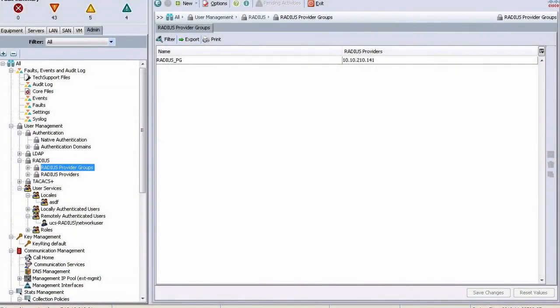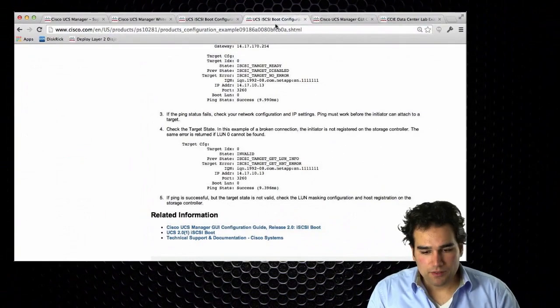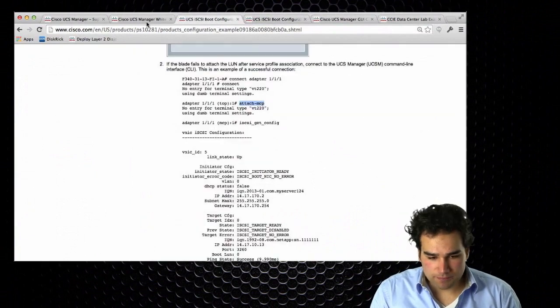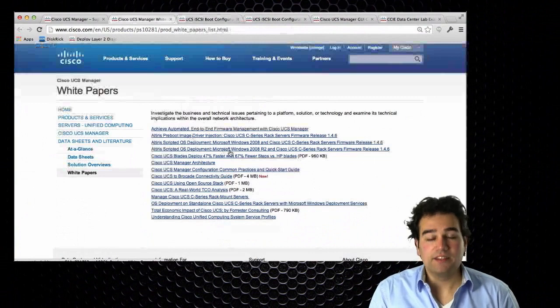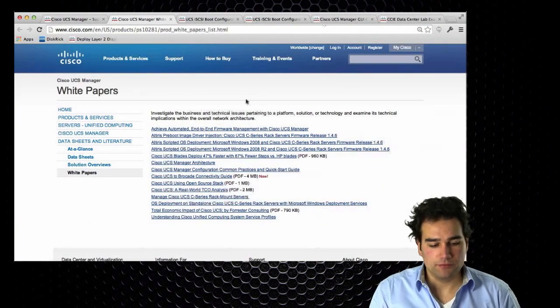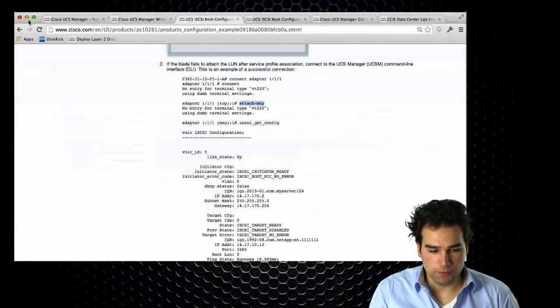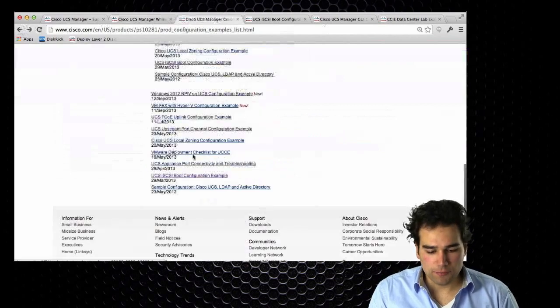We just talked about the RADIUS configuration, and now I want to move on and do the LDAP or Active Directory authentication. Going back to our configuration, before we go in depth into the LDAP configuration, there is on the Cisco website a very good configuration example about syncing it with LDAP and Active